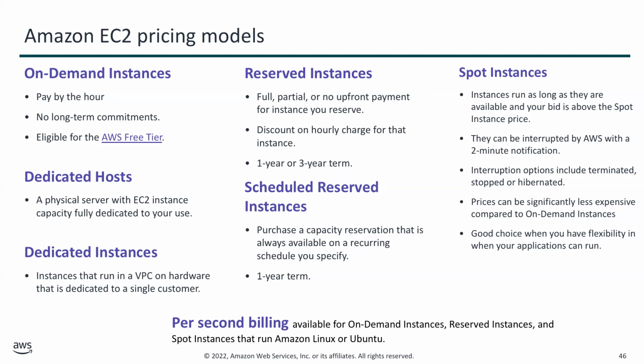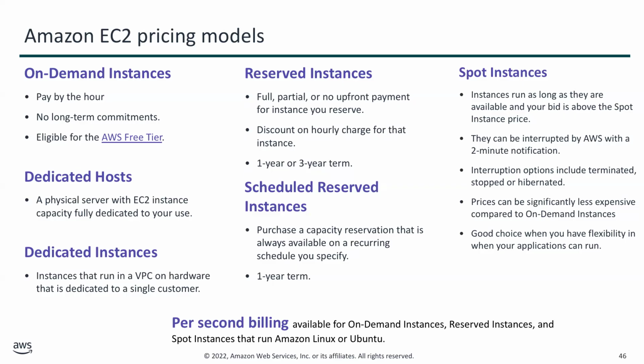They can be interrupted. We have to worry about that. They can be interrupted by AWS within a 2-minute notification, right? The interruption option could be terminated, stopped, or hibernated, right? Prices obviously are significantly less compared to on-demand instances because AWS can in a way take those instances back, right? So you could choose this kind of instance when you have flexibility in when your application can run,